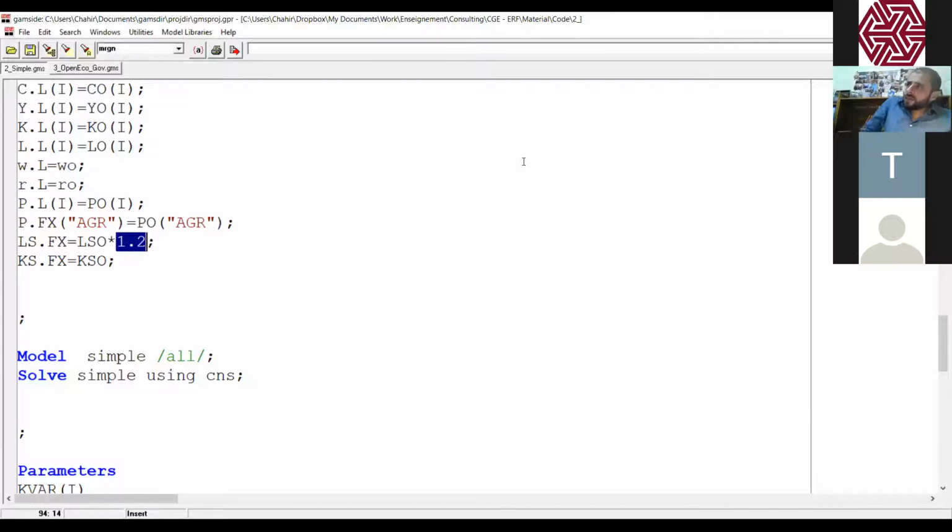Yes, but more specifically, how will a sector be more affected by labor supply than the other sector? What is the main determinant in this case that makes one sector